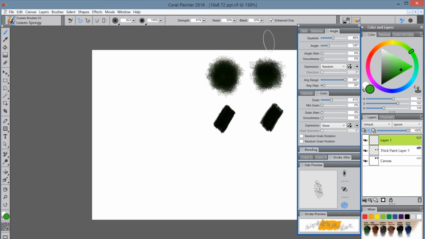Hello again, everybody. I'm going to show you something that I think is really neat, and I hope you do too. I've already opened up a canvas here, and I've got a few little things on the canvas that I just drew in real quick. The top one is with a leaf spongy brush, and then the bottom one was with a palette knife. And what I'm going to show you is